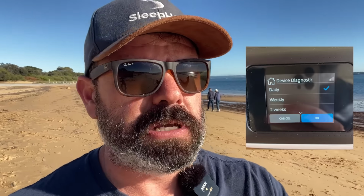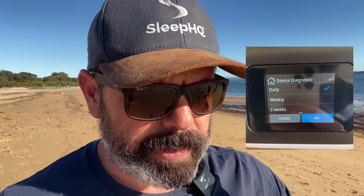Did a bit more research and found that yes, even though there's no information in the manual, ResMed does have a microphone inside that device. Now, if you're digging around in your settings, you'll notice they have this part that says device diagnostic or something like that. So they've basically got their fleet of AirSense11s out there in the world, and they're just listening in to what's going on inside the device, how they're going. Now, that's all right, I buy that. I'd prefer to know when I'm buying the machine that it does have the microphone, but that's fine, okay? I can understand that. However,